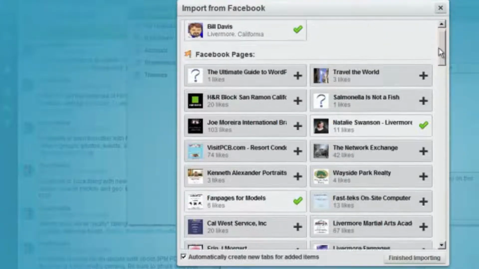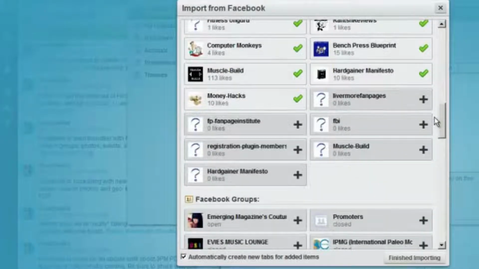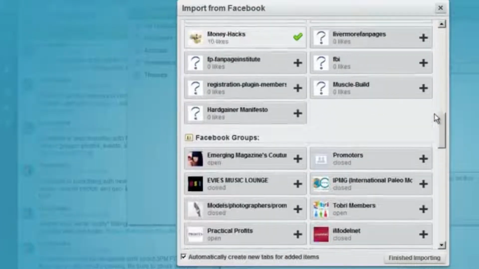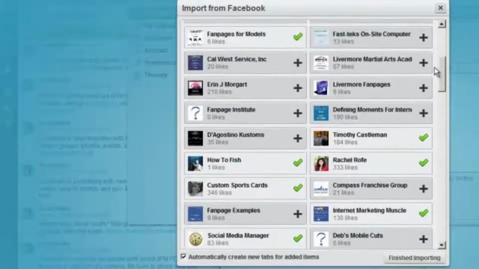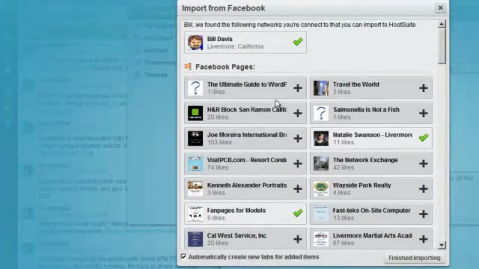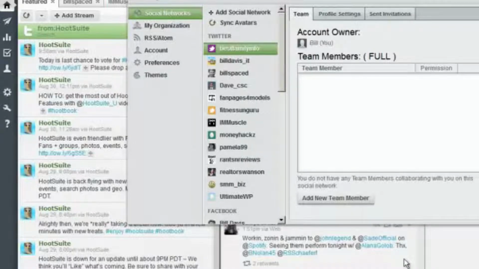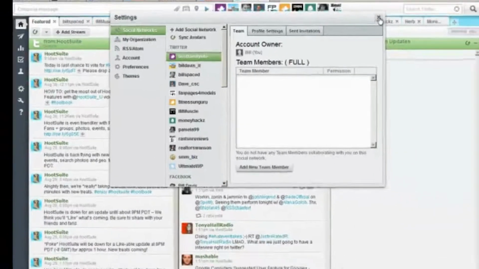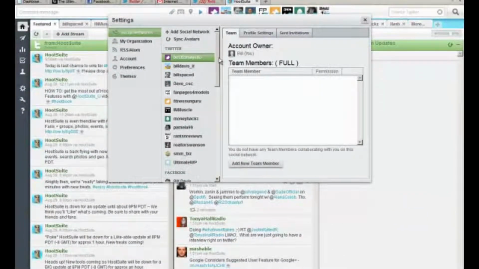So now it's going to ask you which Facebook fan page. So you have to find it. This might be kind of hard. That's the first one. So click on that icon and then finish importing. And then you're done. So what I've done here is I've syndicated your content out to your Facebook fan page